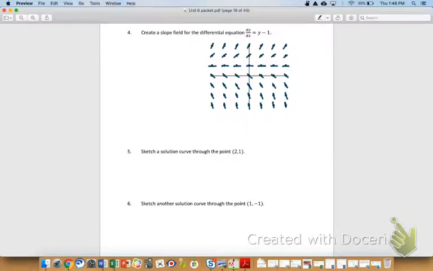You guys agree with this slope field? Any guesses on what's happening at y = 1? Oh, somebody said it. Horizontal asymptote. Yeah, you're about to see something cool with this. Let's draw a couple of solution curves here. The first one goes through 2, 1. So obviously 2, 1